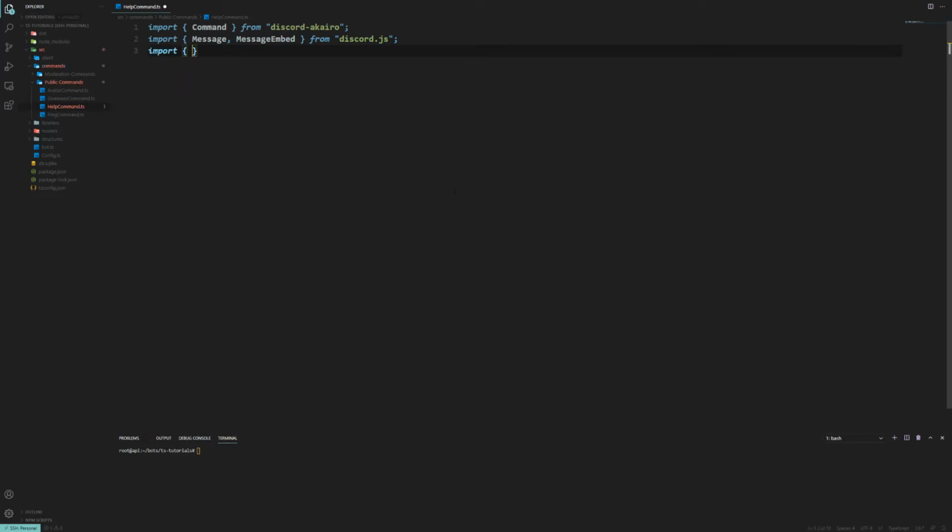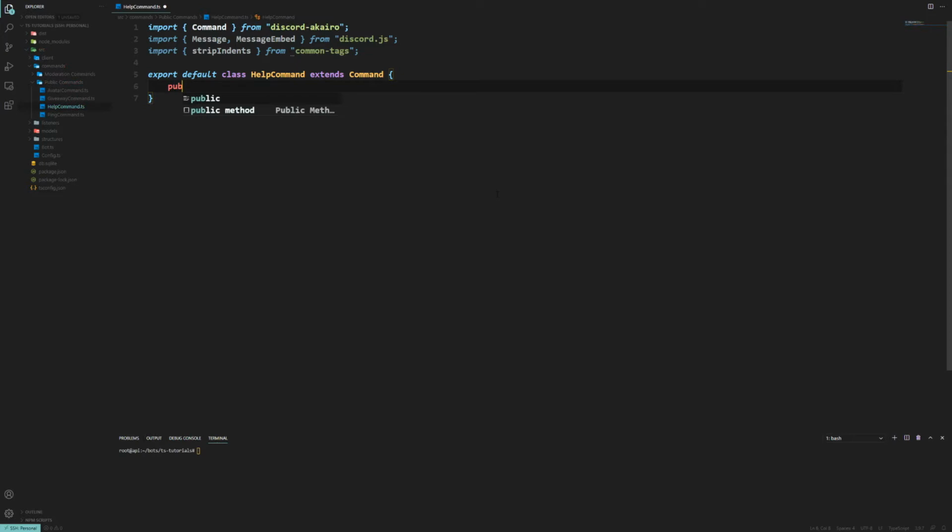And we are also going to install a package called common-tags. So that's npm i common-tags. And then from there we can do import stripIndents from common-tags, like so. Now we need to obviously export our default class HelpCommand, which extends our Command class, and then within this